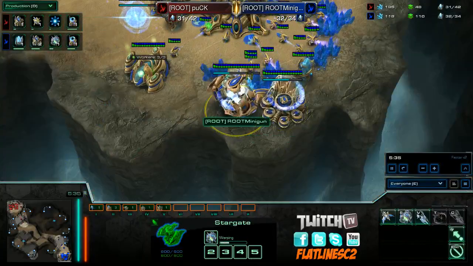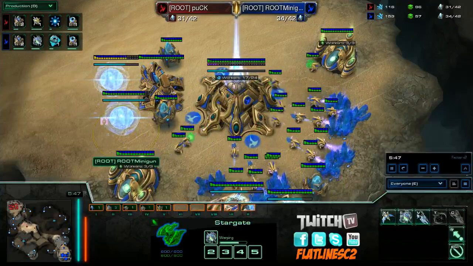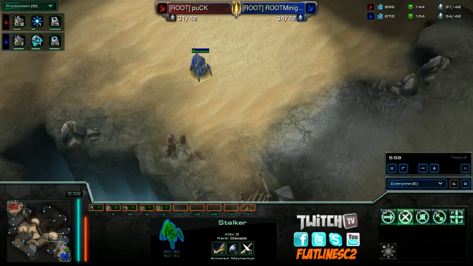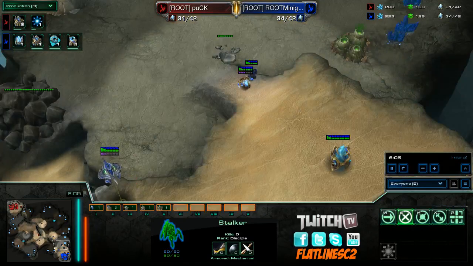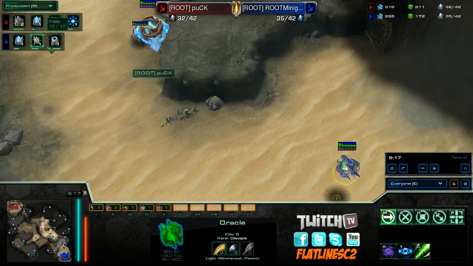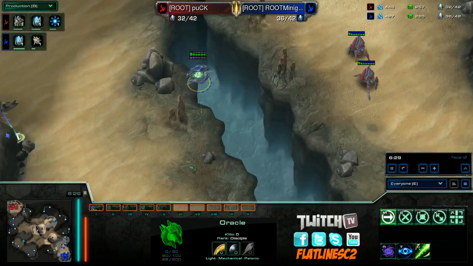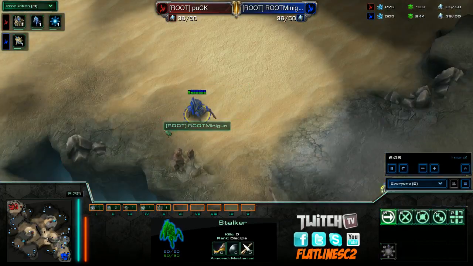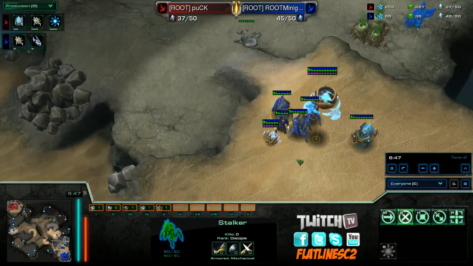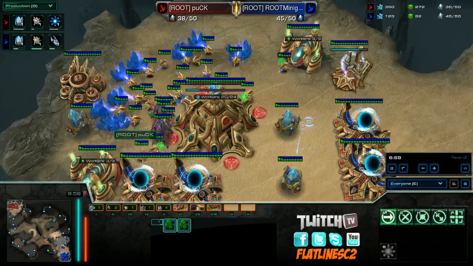We do see the Oracle coming out from Minigun. Pretty standard for him. The Oracle is gonna be able to allow him to harass and scout. I actually forgot to say that. When it comes to Stargate openings, the one that I preferred was the Phoenix. You don't really get to harass early in the game with them, but you do get a scout. And to me, I would rather value that. The Oracle one has the possibility of doing a lot of damage, but Puck scouted that, so yep, has his